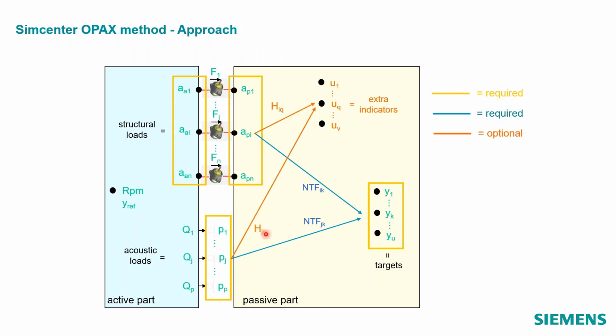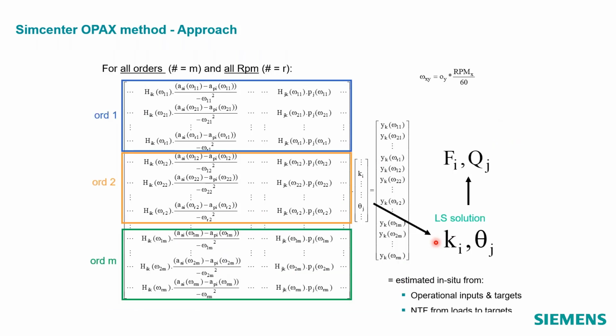So I'll bring this up a couple slides. I mentioned a couple times what data is required, but this is the first slide where I show which data is required. Usually the targets, data on the active and passive sides of the mount, and the path FRFs are required. And then the other ones are optional. And these are some of the equations we start to set up, and this is for all orders.